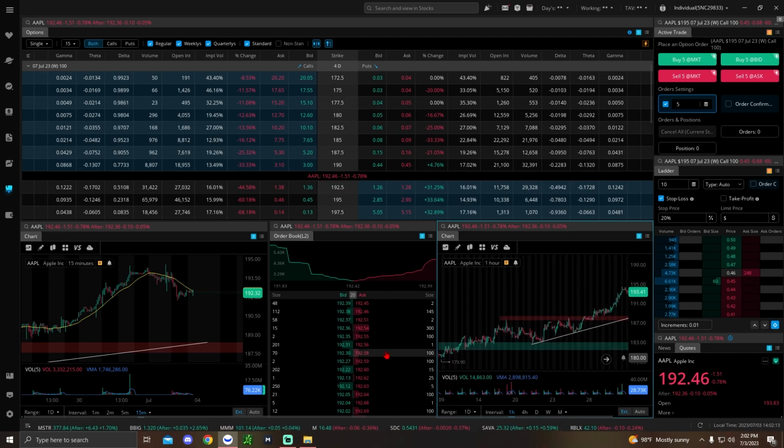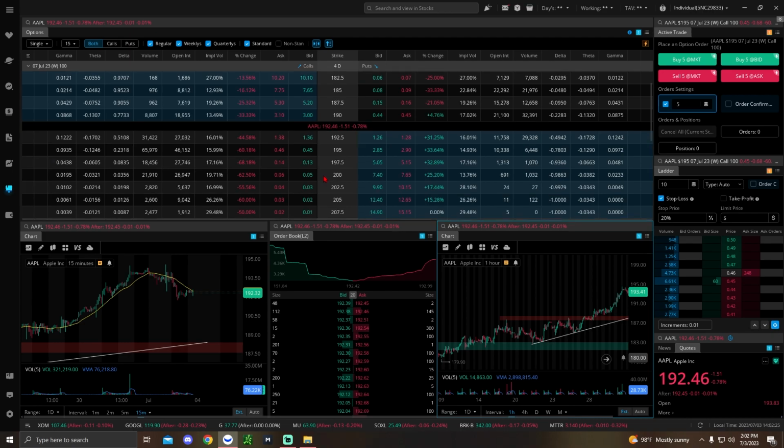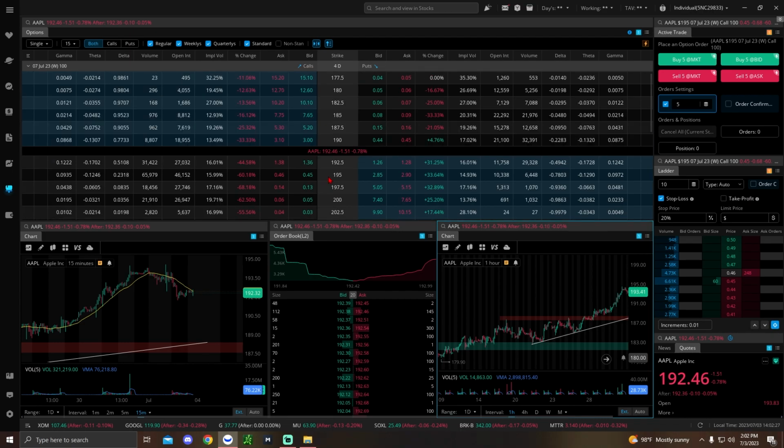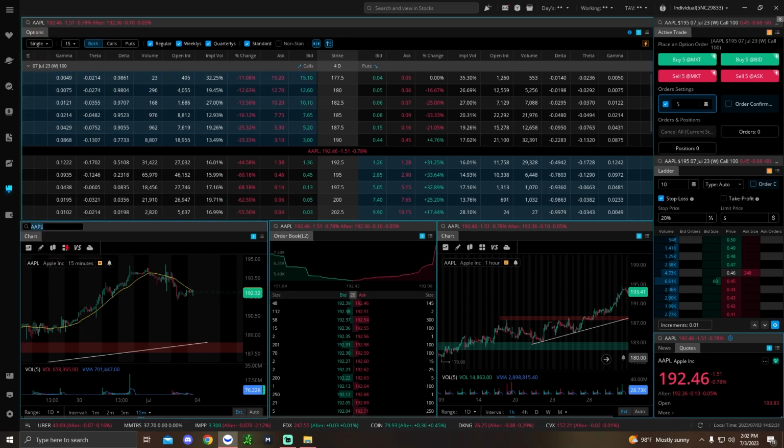So in the middle, we have the order book, and this is just to look at the bid and the ask volume that's coming in. And we have right here the options chain. This is the cool part about having this layout, is that, for example,